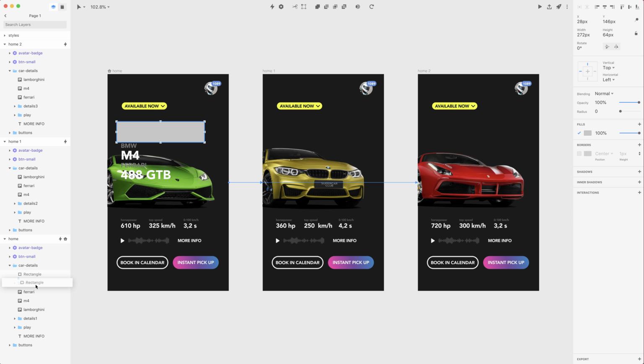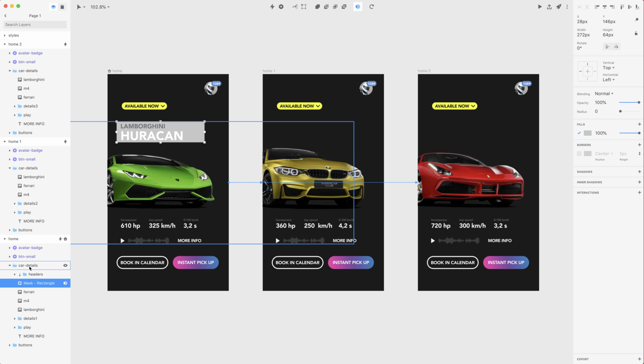Let's right click on this layer and create a mask out of it. And let's just make sure that we won't affect anything that's inside car details with this mask. So let's select headers and mask, and let's group them all together once more. So this is mask group. Okay, now let's go to mask and let's disable the fill. And now we can select headers group and we can change the position of this group to reveal different names